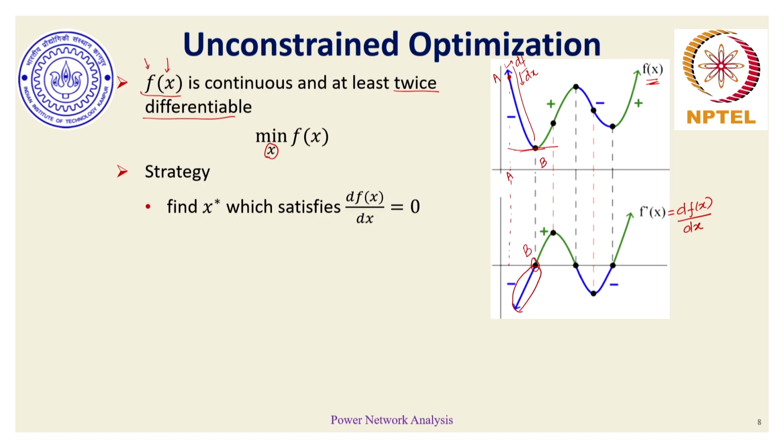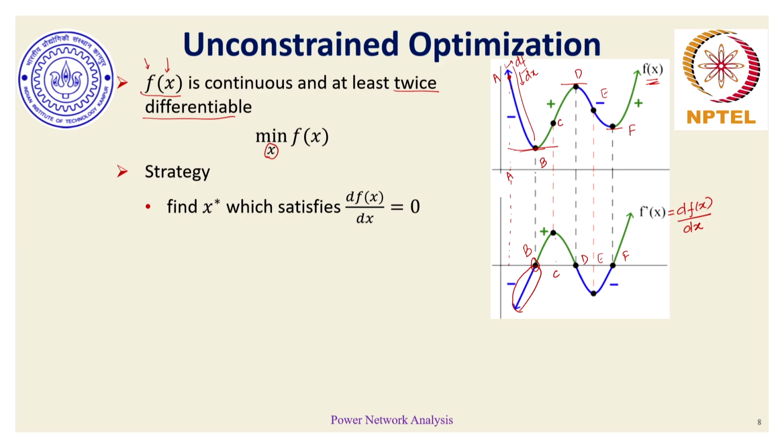And similarly from b to d, let's say this is point c, at points c and d, the first derivative of the curve tends to take a maximum value, and again at point d, the slope is again 0. So if we continue this logic, we have 3 points among A to F where the slope, df by dx, is becoming 0. So from first principles of calculus, in order to find the value of x where f